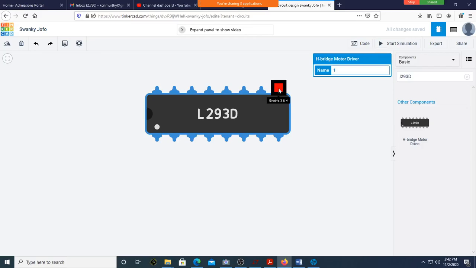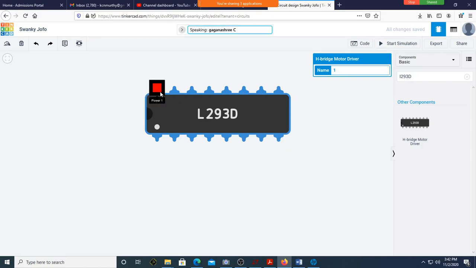So how many more are left? 2 more. Out of those 2, one is for supply for the IC. See here, there is power 1, power 2.